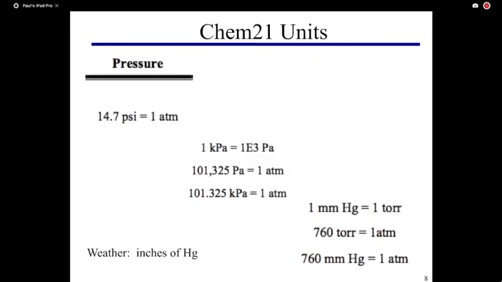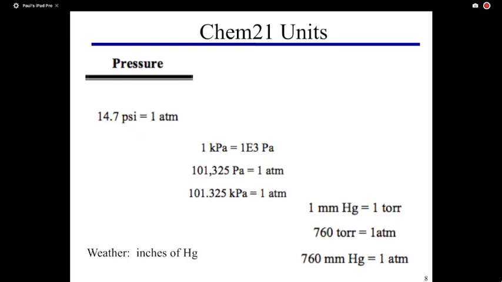Okay, here's the unfortunate thing. Units for pressure can be a lot. We can go millimeters to atmospheres. We can go torr to atmospheres. Millimeters to atmospheres, torr to atmospheres: 1 millimeter of mercury is 1 torr. We can go kilopascals to atmospheres. We can go pascals to atmospheres. We can also do this,